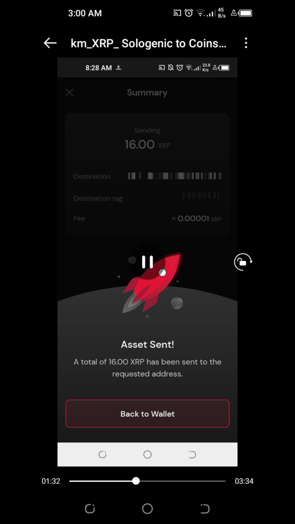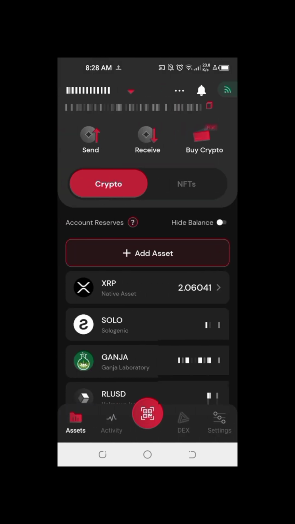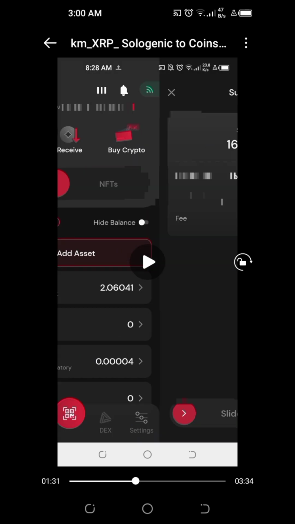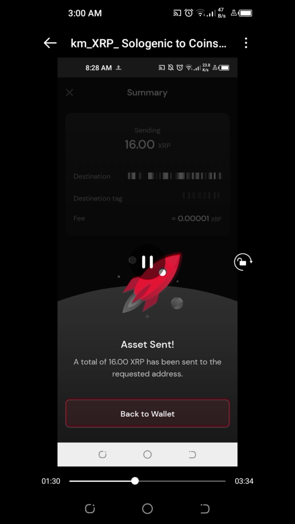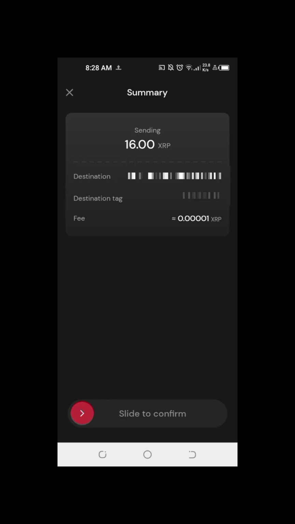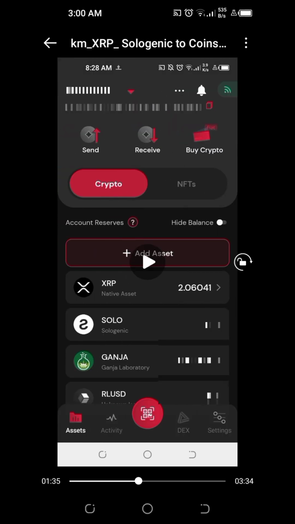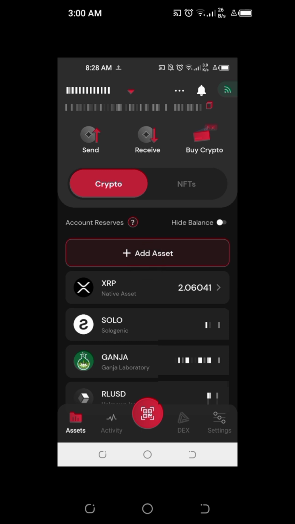We can click on back to wallet, and then on our landing page, we can see that from 18 XRP, we only have 2 XRP left on this Solo DEX and wallet, since we're sending 16 XRP to another wallet, which is our coins.ph.